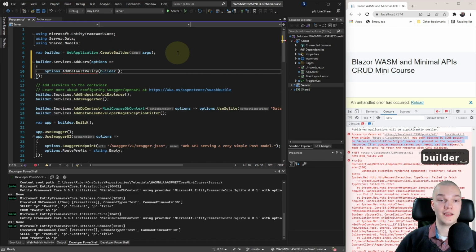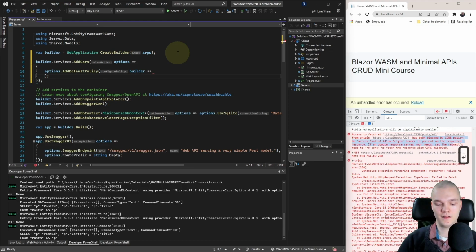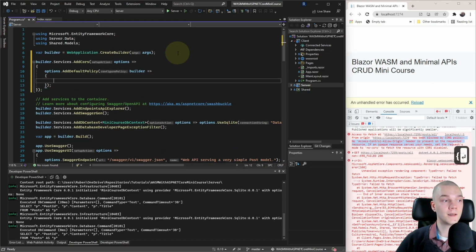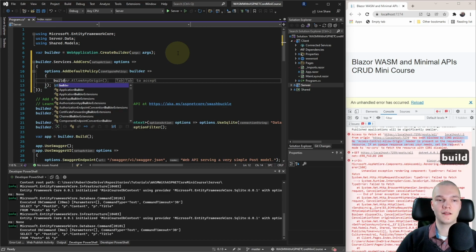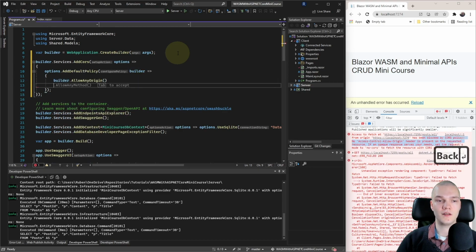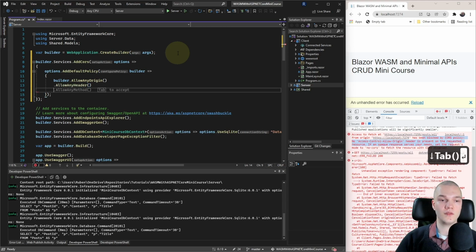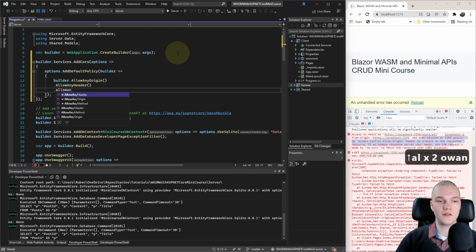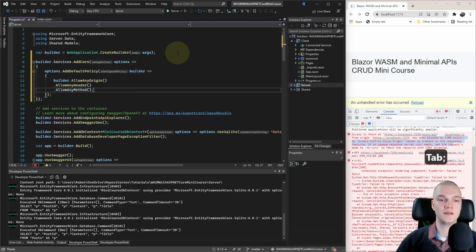So we'll take a builder object, arrow, and go to the next line, curly braces, enter, and for that I'll do builder.AllowAnyOrigin, and on the next line .AllowAnyHeader, and on the next line I'll do .AllowAnyMethod, parentheses, semicolon.